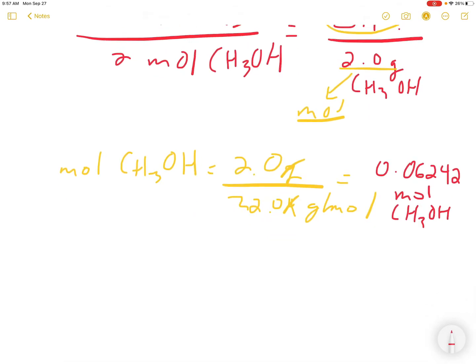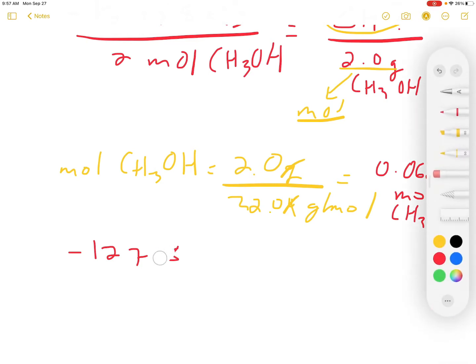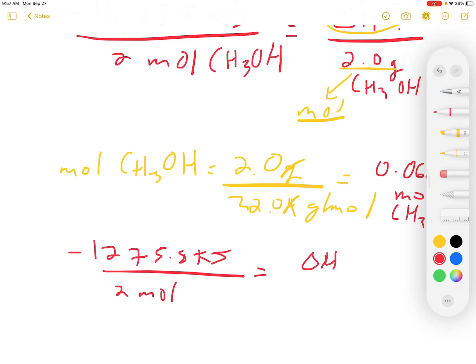So again, plugging it back in, negative 1275.8 kilojoules. Let me just write that a little better. I apologize here. We're going to write negative 1275.8 kilojoules per 2 moles is equal to, again, we don't know this, but we're going to write delta H question mark per 0.06242 moles of